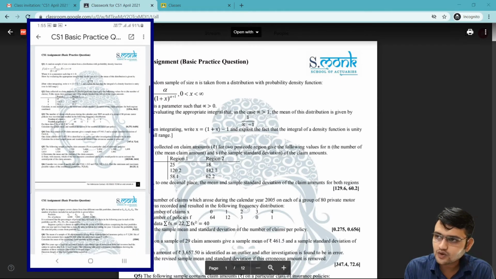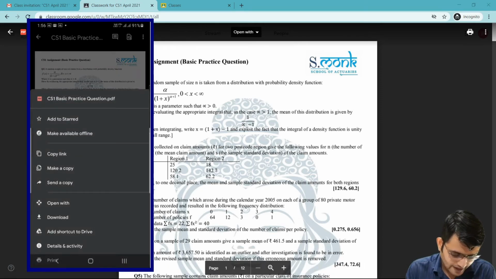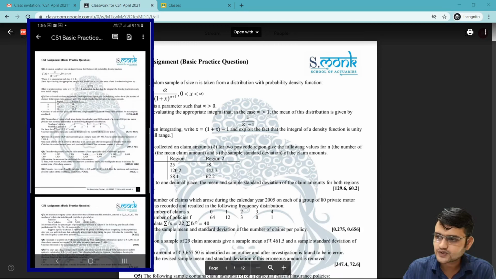For download, you can see at the top right we have an option that shows a square and an arrow. Just click on it and it will open that file in a new window, that would be your Google Drive. In Google Drive, if you go to the three dots on the top right again, you will have an option to download. You can see the option third from the bottom. This way you can download your assignments from here as well.